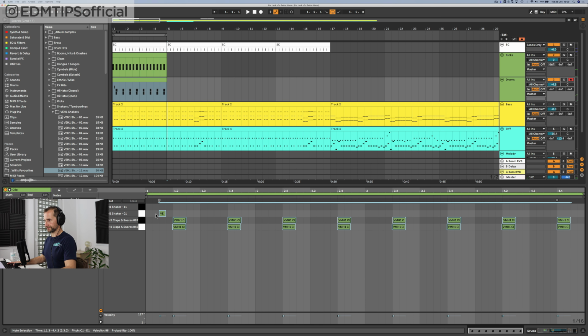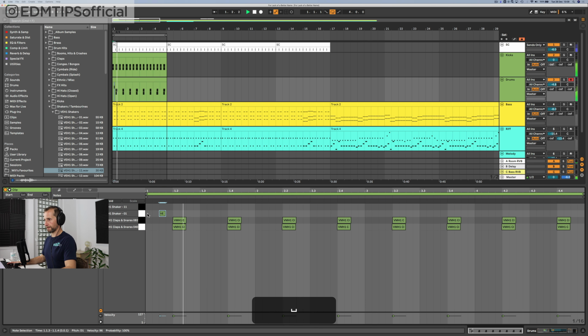And then let's get this shaker every other beat, just as you would an open hat, like this. And now I'm going to put in the 16th shakers, but I'm going to use the velocity like this to alter the volume of them.